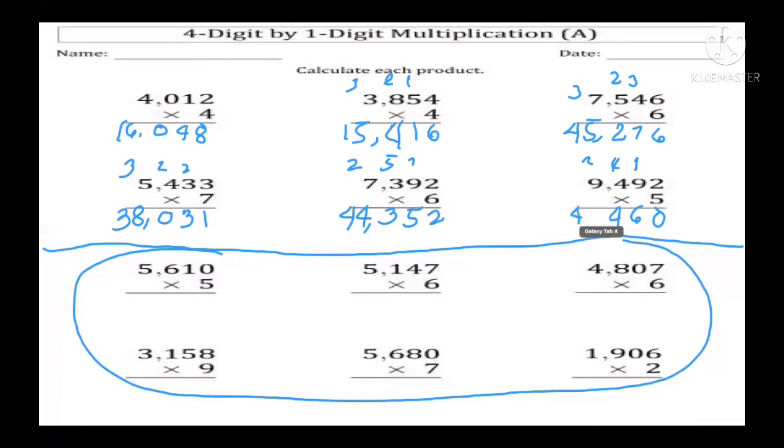So we have the final answer or the product, which is 47,460. Okay? Now again, copy this one, number 1, number 2, number 3, number 4, number 5, and number 6